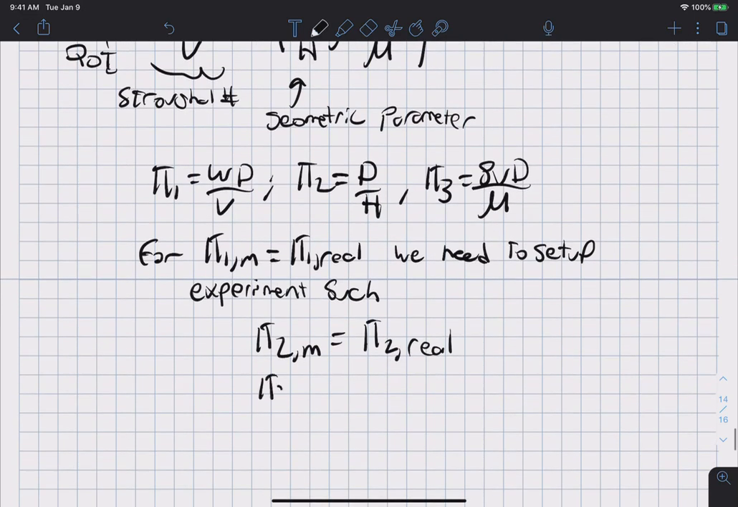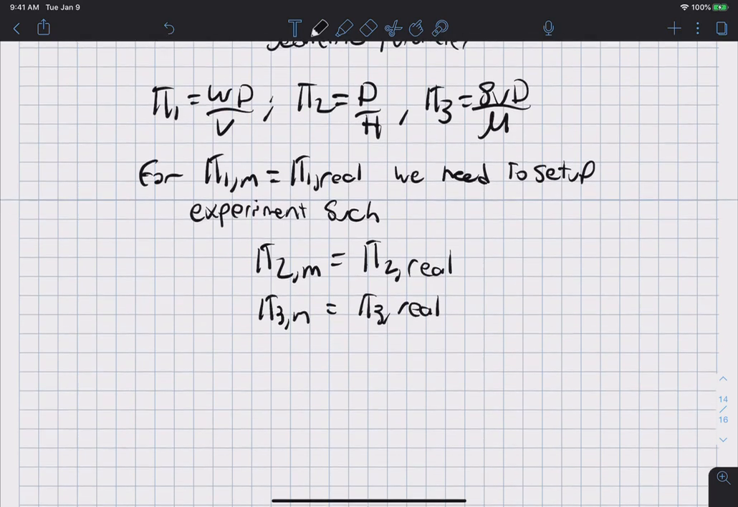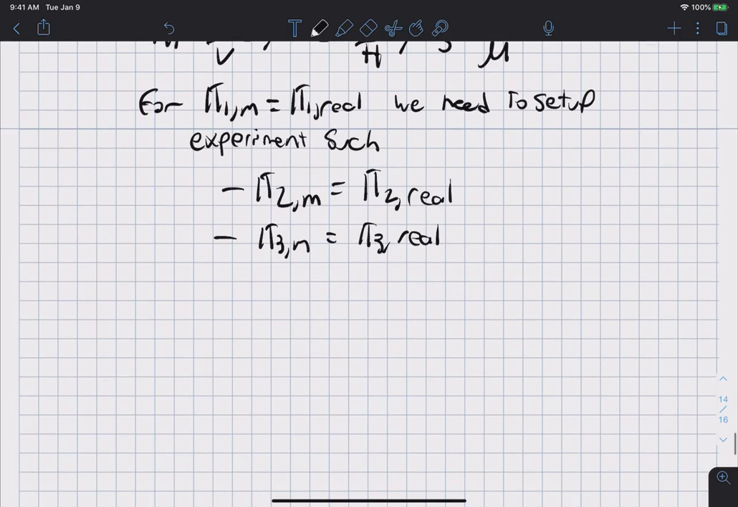And pi 3 of the model is equal to pi 3 of the real object. Okay, and so now we're going to go through and determine in the experiment if pi 2 is the same between the model and the experiment, and then set up the experiments such that they are equal. So first let's work with pi 2,